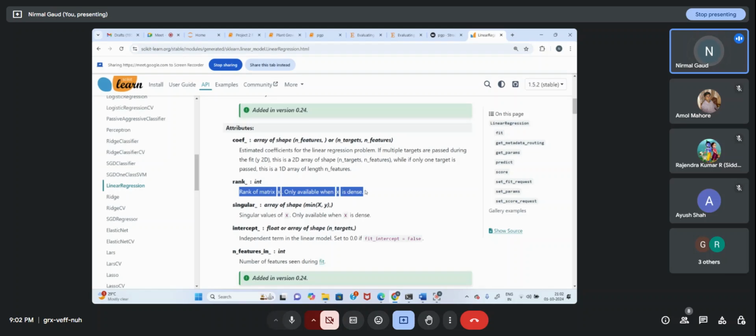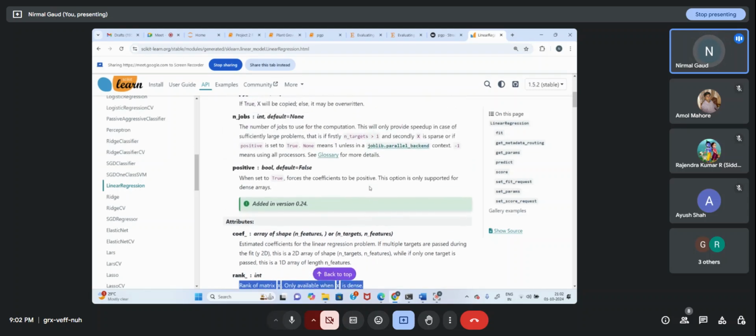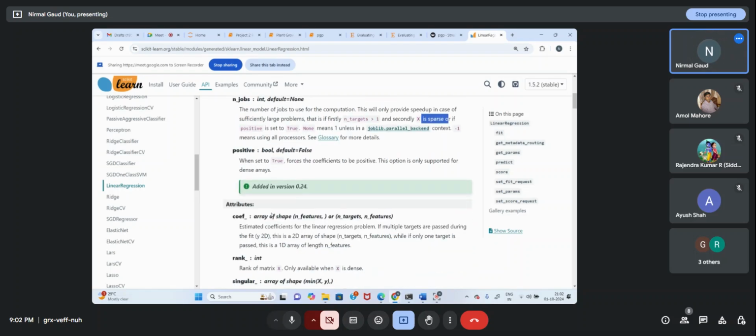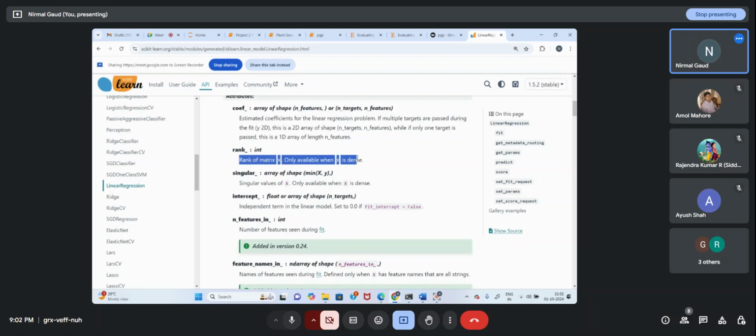x only available when x is dense। dense होगा तो ही पता चलेगा, नहीं तो कोई मतलब नहीं है। एक होती है dense और एक होती है sparse, sparse में जीरो ज्यादा होते हैं, dense में नहीं होंगे। ओके, so it will print the rank of your matrix, आपका डेटा, उसकी रैंक प्रिंट करेगा। Singular, that means array of shape min of x comma y, that means singular value of x only available when x is dense। ओके, ये प्रिंट करके देखेंगे क्या रैंक है, जब मॉडल करेंगे।